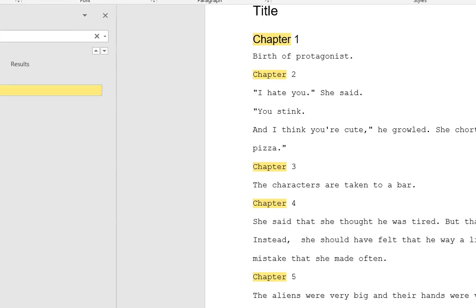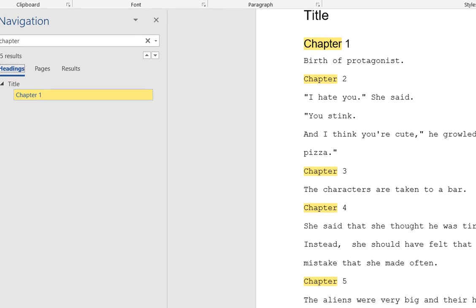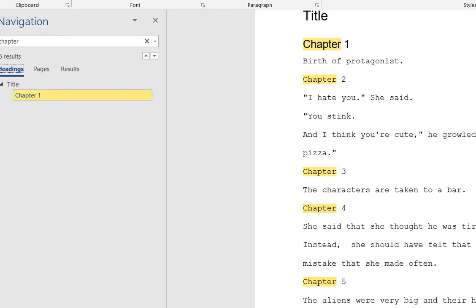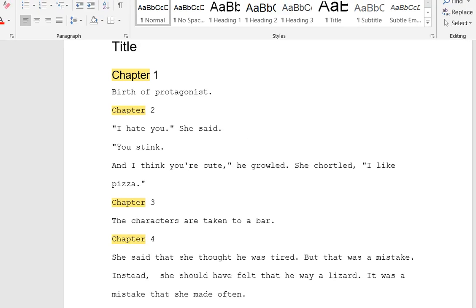So by using headings, you can find where your chapters break. And that makes life a heck of a lot easier. It makes your life much, much easier. But we still have this